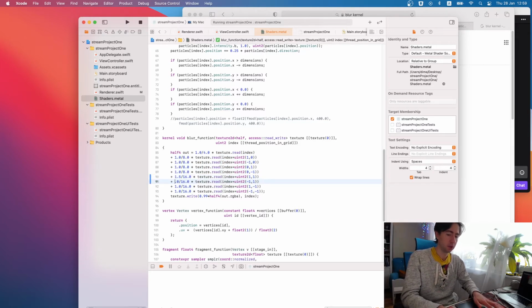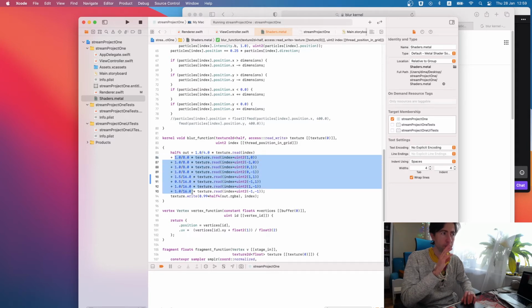It should have the same sum of these fractions, but they should be not that uniform.